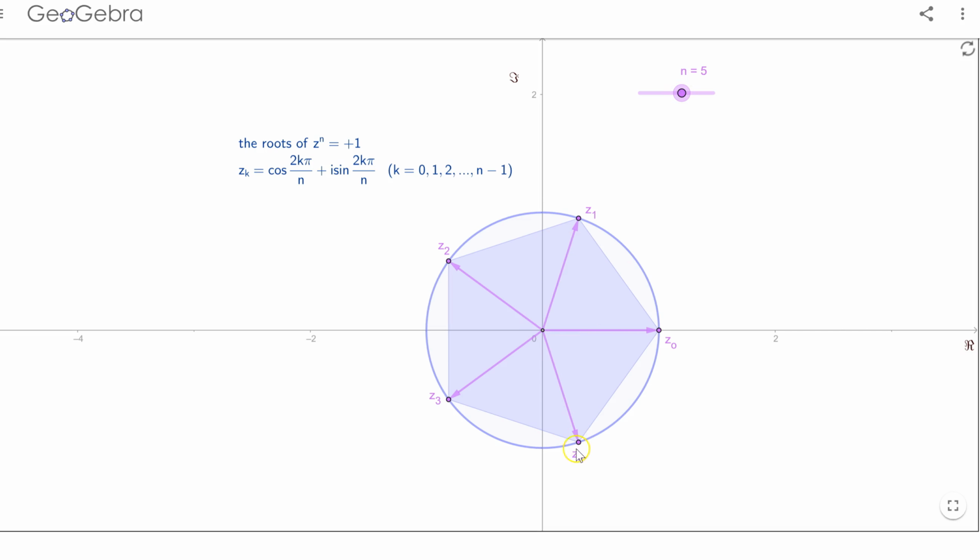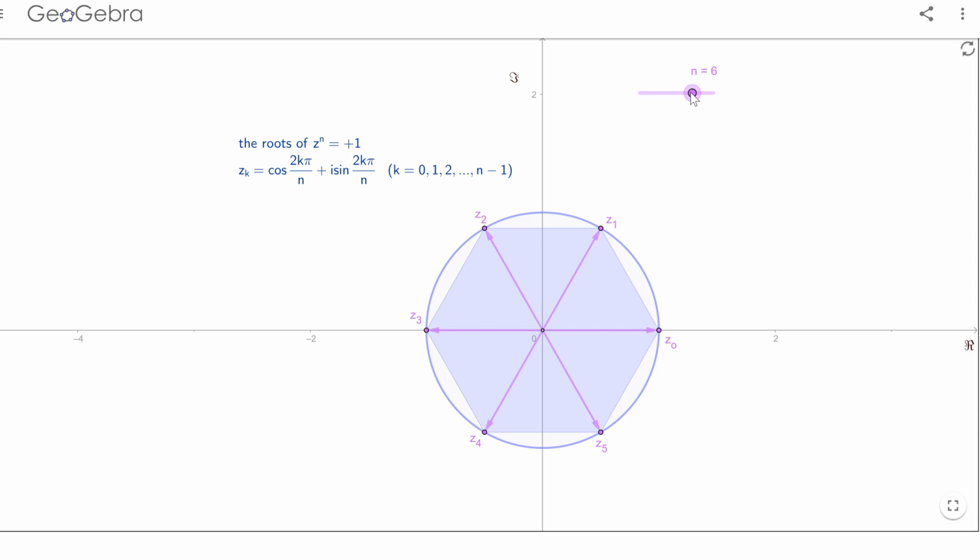So z1 and z4 in this numbering are the conjugate pairs, and z2 and z3 are the conjugate pairs. If I multiply them all out, then z1 times z4 will give me a real, z3 times z2 will give me a real, times another real, which is z0, and that gives me my real answer. And of course we've got a pentagon,